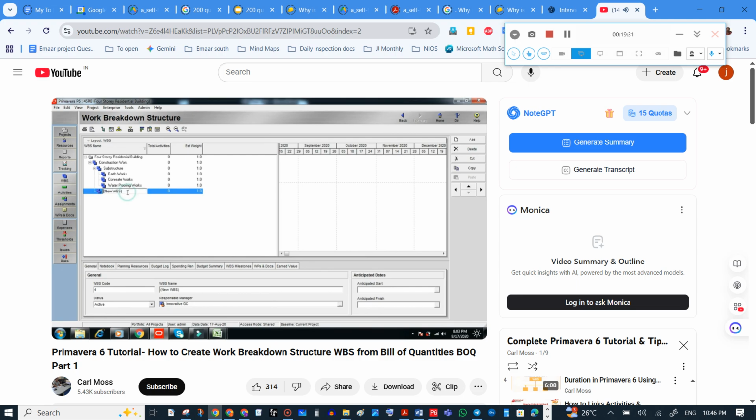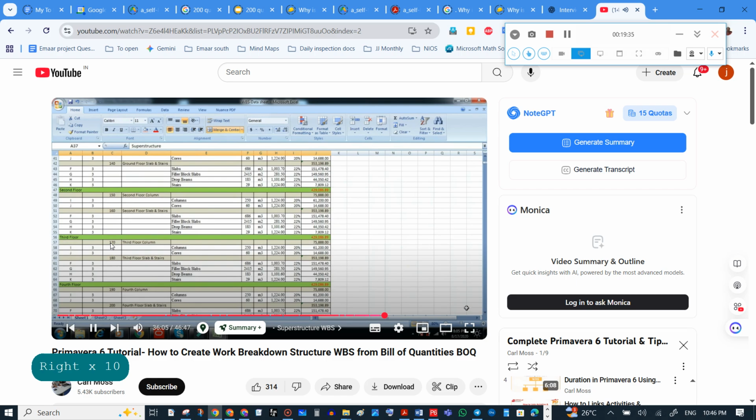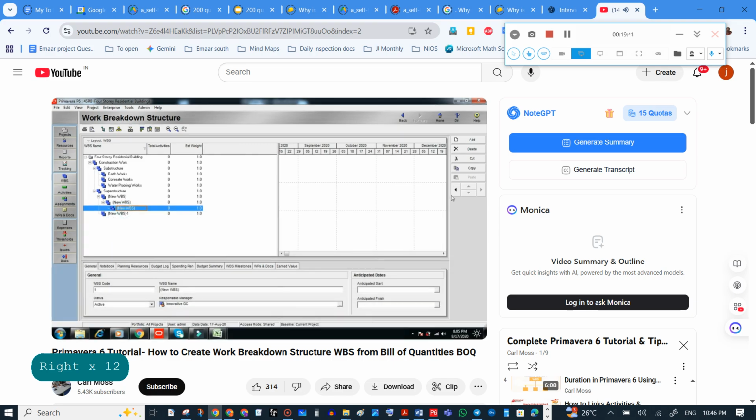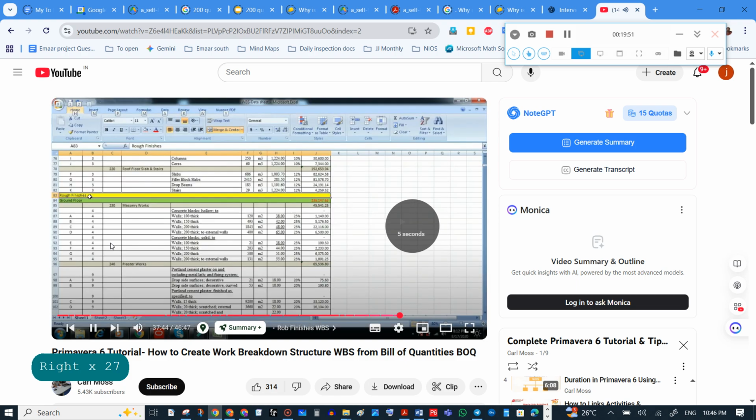Then place it and add the floors. Move to the right. Then under superstructure, add the floor numbers.